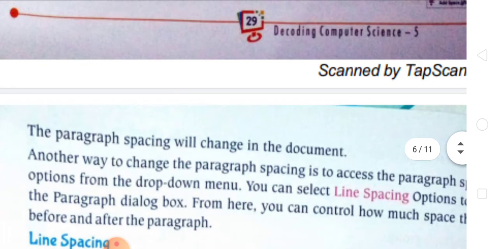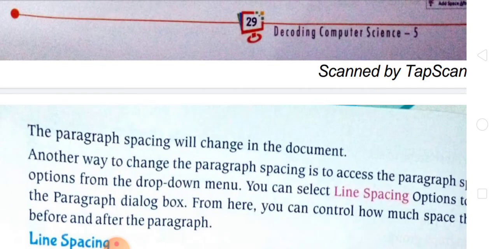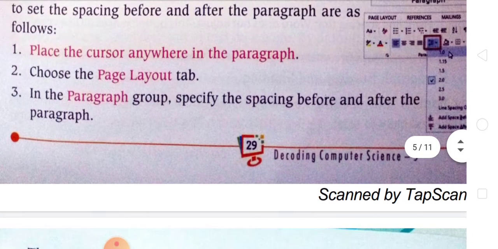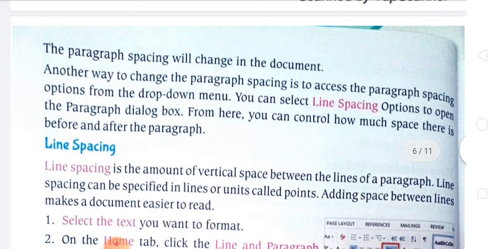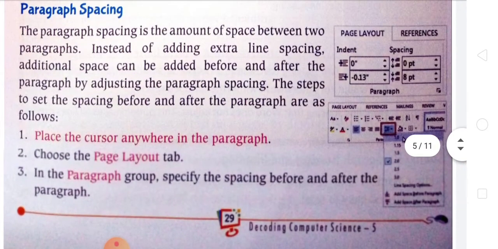Okay, so after that, the line spacing option you chose is now applied to the paragraph, and you see on the selected paragraph the spacing has changed. Another way to change the paragraph spacing is to access the paragraph spacing options from the drop down menu here.